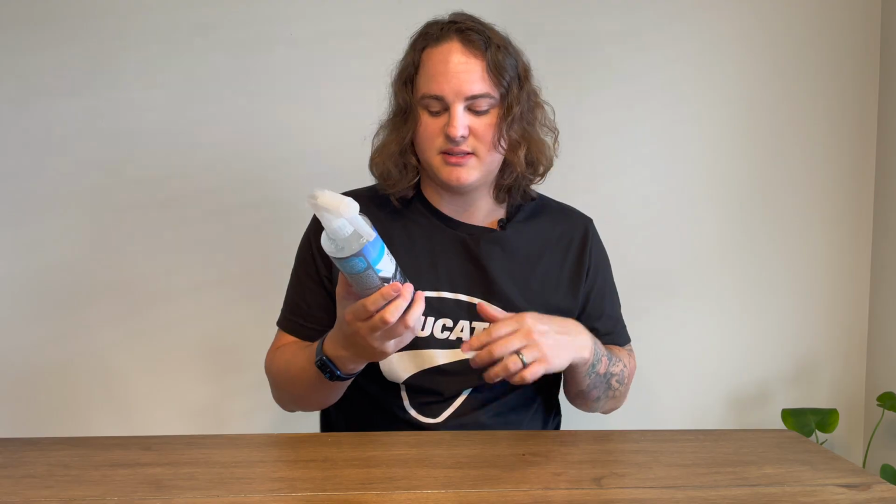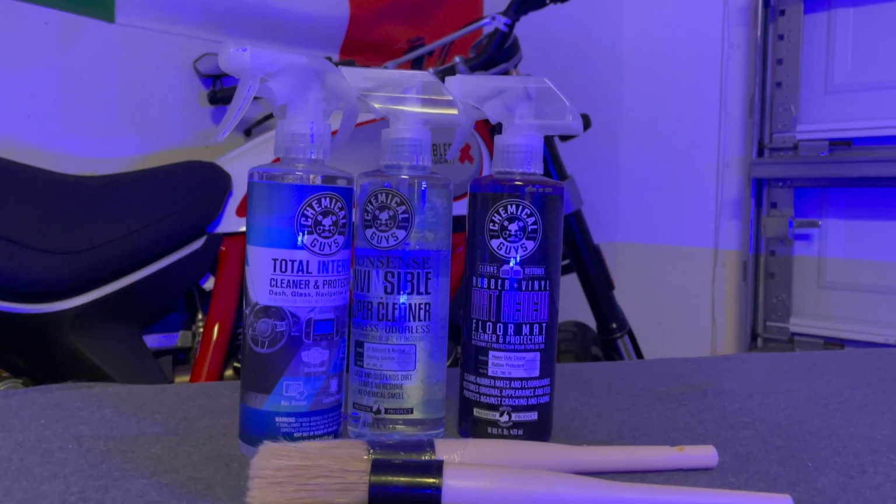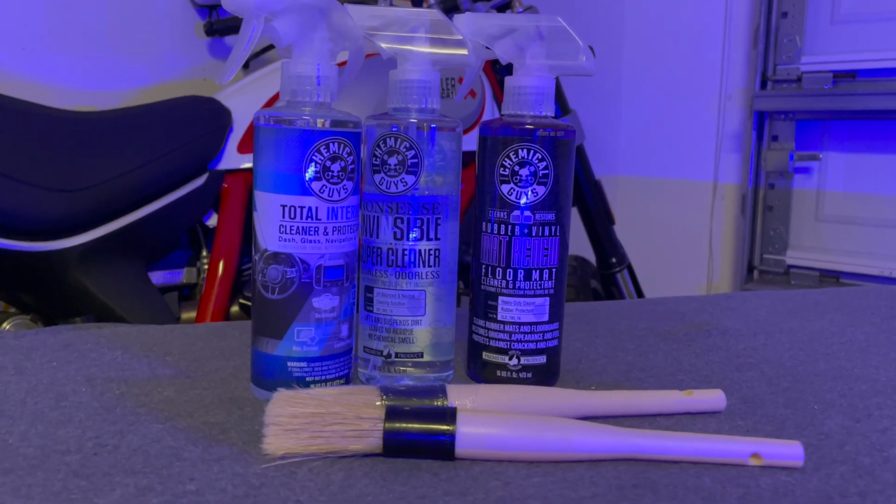I also went ahead and got the Total Interior Cleaner. This is also $9.99. It's good for screens, the dash. It's also good for leather and vinyl as well. I already have the leather kit, but I got this as well to maintain the screens, and hopefully it